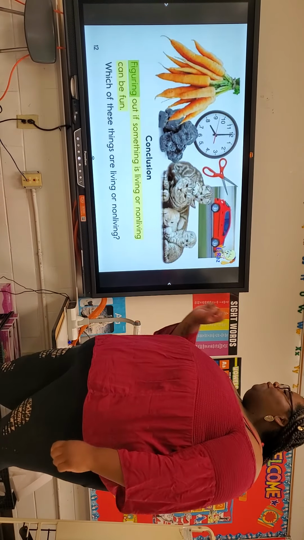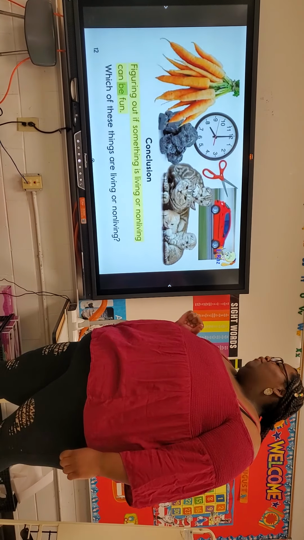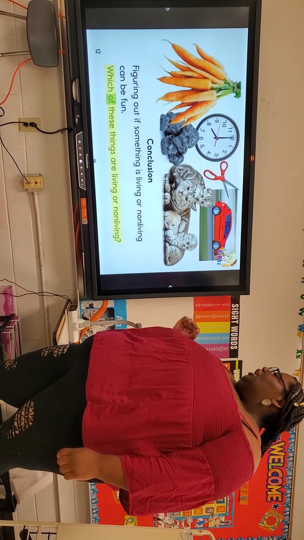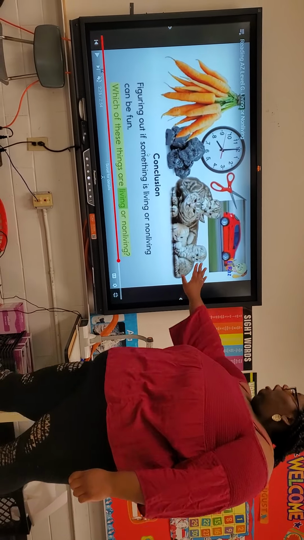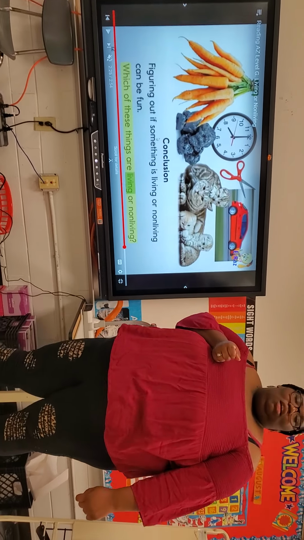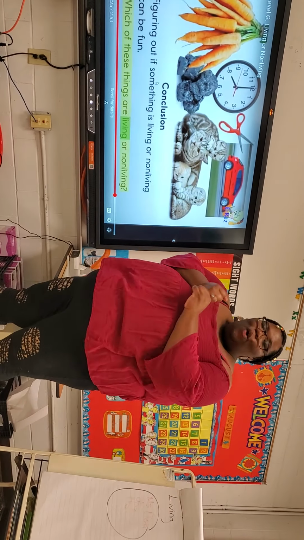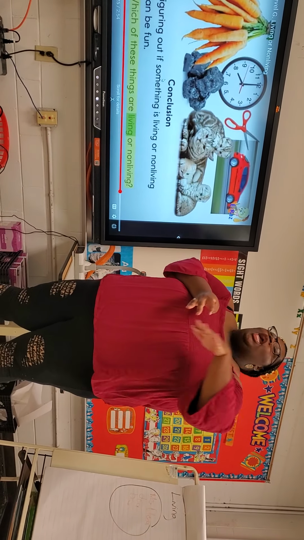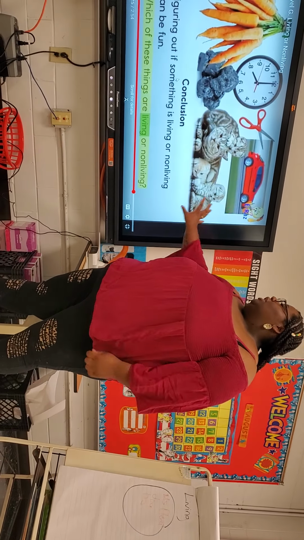Conclusion. Figuring out if something is living or non-living can be fun. Which of these things are living or non-living? Let's talk about the cats. Can a cat be living or non-living? Living. The cat needs water, it grows, it reproduces, it needs food, it needs all these things to keep it